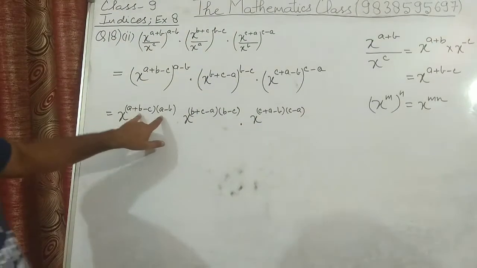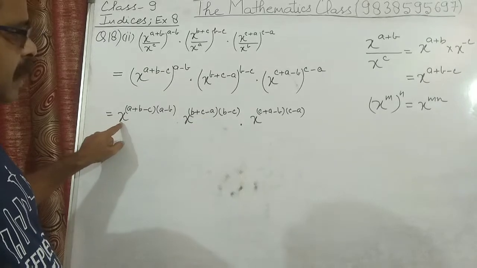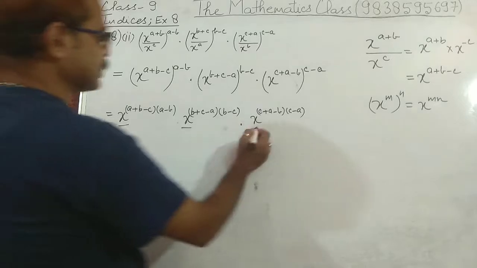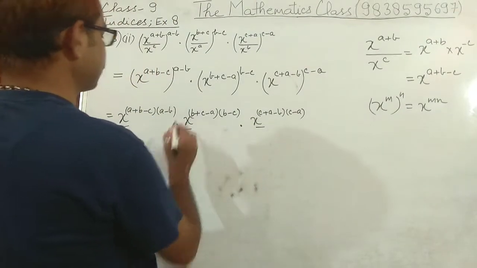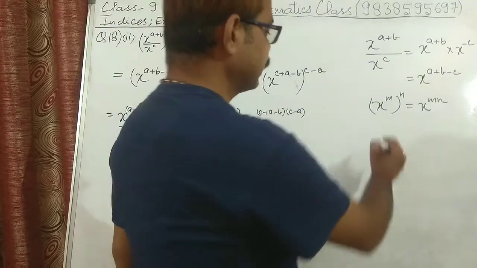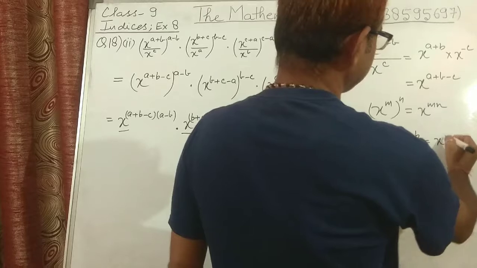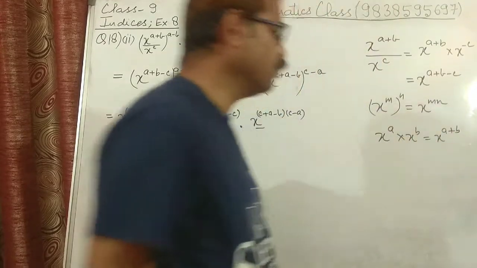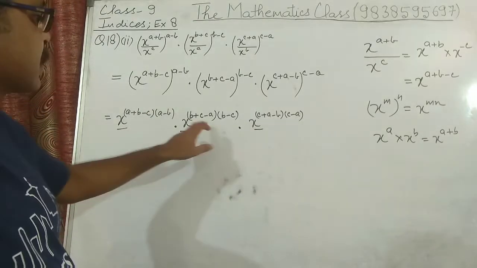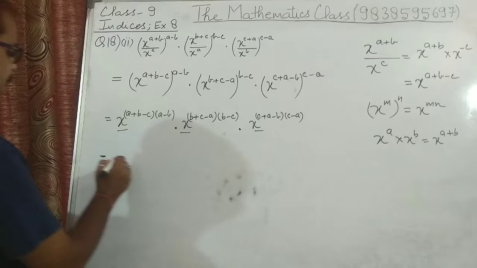Now what we can do, powers can be multiplied, and you can see that all the different powers have the same base x, and in between there is a multiplication sign. When the bases are same, let's say x to the power a into x to the power b means x to the power a plus b. So first of all, we'll be using this formula. Bases are same, powers are different, so we can add up all the powers. So this can be written as